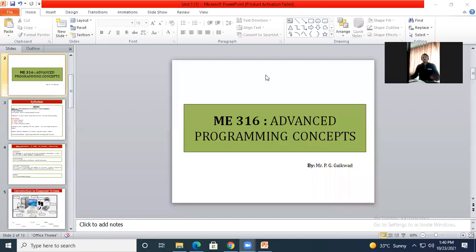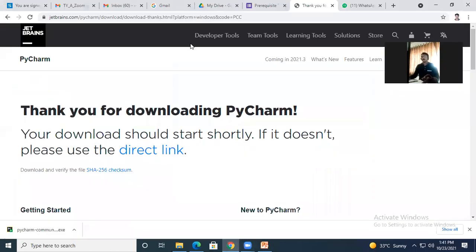Okay, so today we are going to look at the actual syllabus of Advanced Programming Concepts. In the last lecture, we went through a quick overview of the syllabus. In Advanced Programming Concepts, we are going to learn the Python programming language. Before that, in the last lecture, I shared the prerequisite course test, right? So I wish to go through that test first.